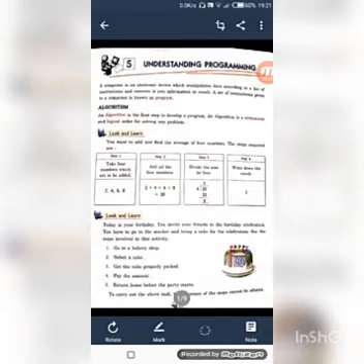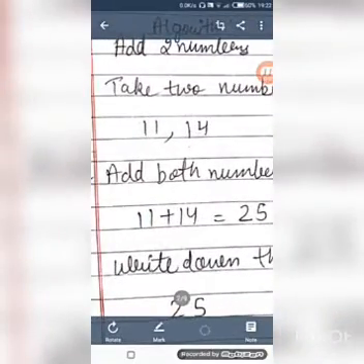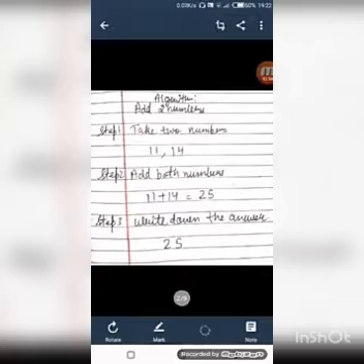So this is the step-by-step process of making Maggi. In the same way, in computer, algorithm is the first step to develop a program. An algorithm is a systematic and logical order for solving any problem. For example, I have created this for you. This is an algorithm for adding two numbers. So how do we add two numbers? First of all, we take two numbers. Our first step is take two numbers, 11 and 14.